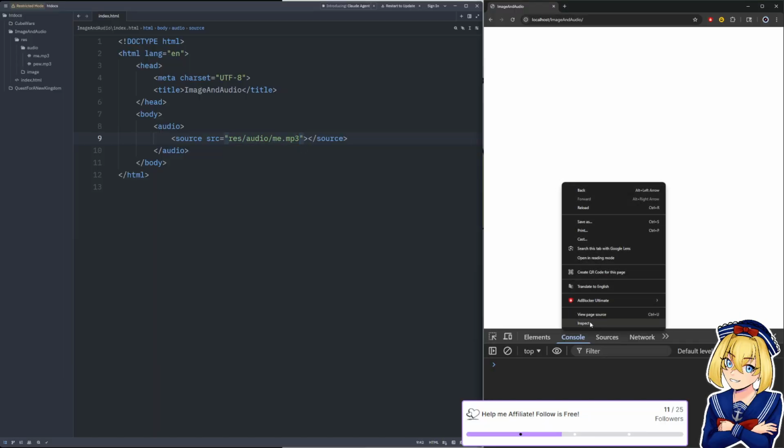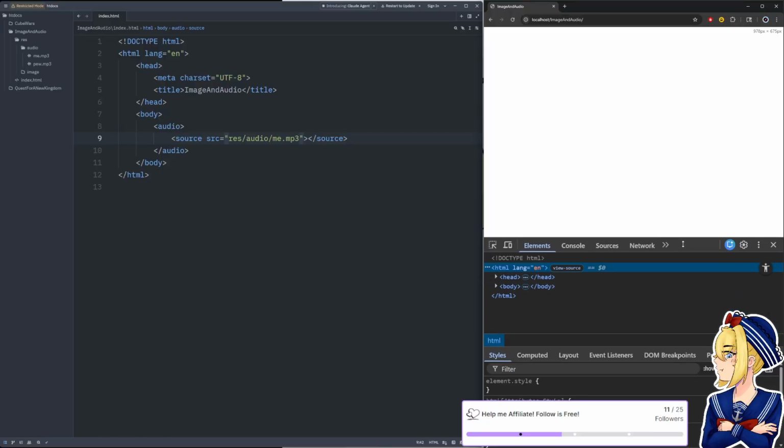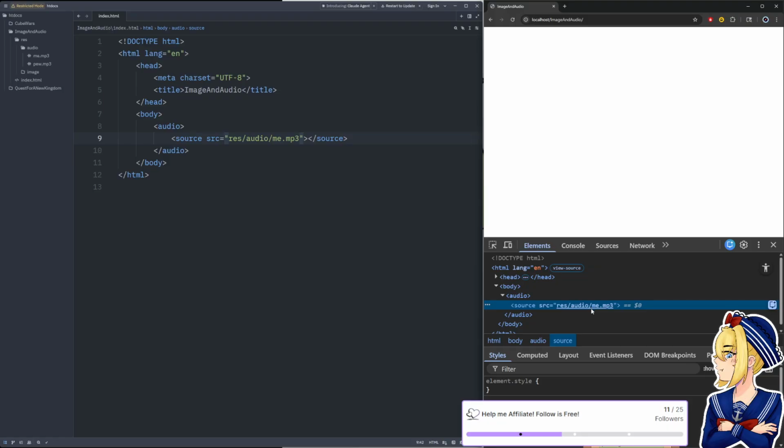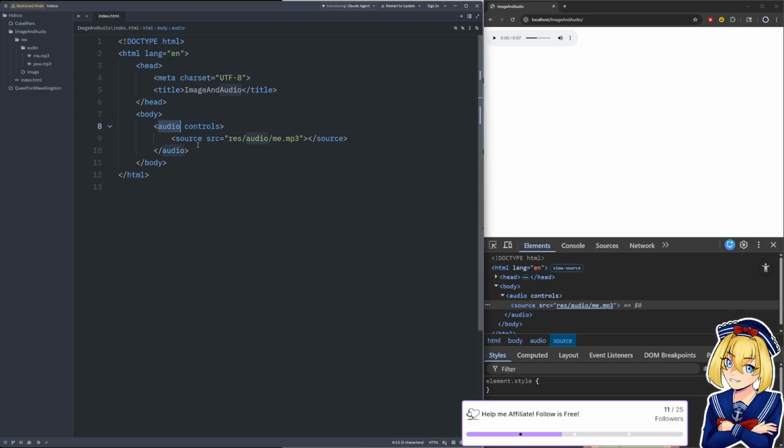Nothing. But if we inspect it and we look, we know there's this audio tag and there's res/audio/me.mp3. What I think is we need controls. Yeah, in order to see it. So you have the audio tag. You can put a source in the audio tag, but you won't actually see it on your page until you have the controls.